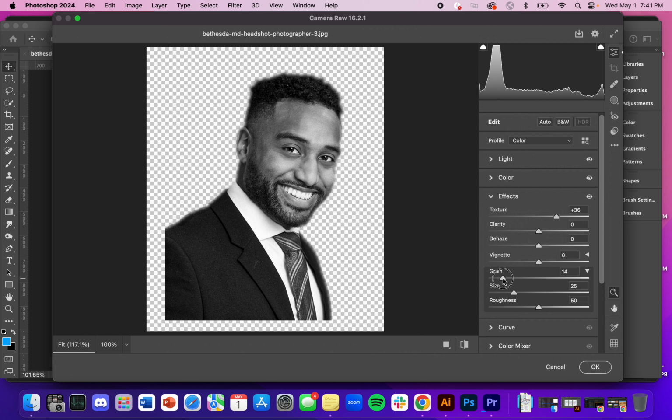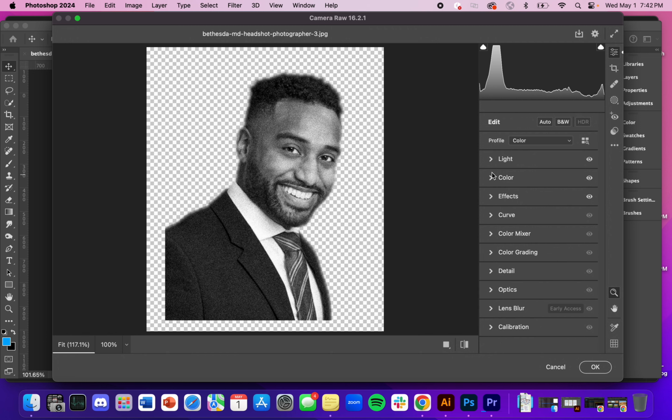Then there's this Grain slider, or Grain setting, that you can use to add that. You could also adjust the size of the pixels. Now we can see that grain effect really being applied, which I think would be a good direction for you to go in. You could also apply roughness. We don't want to get too rough, because then we run into the problem you were already having, where the pixelation is more prominent than the image. So you want to keep that a little bit more down, especially if you're using the size of the grain a little bit more. Adjust this as you will to best match your